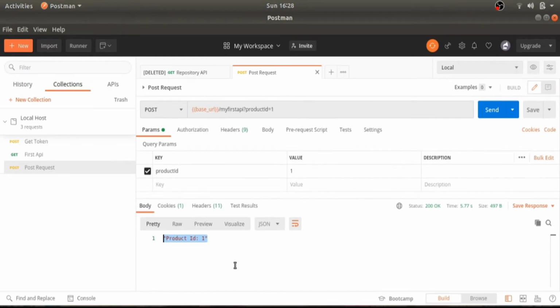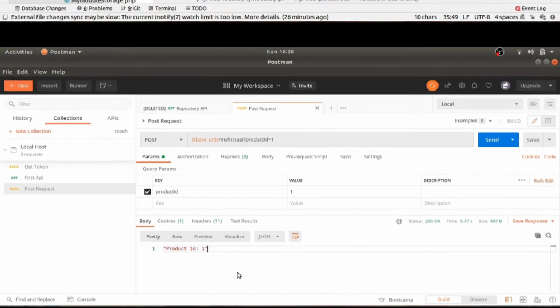Here you can see that we are getting our product ID in our response.